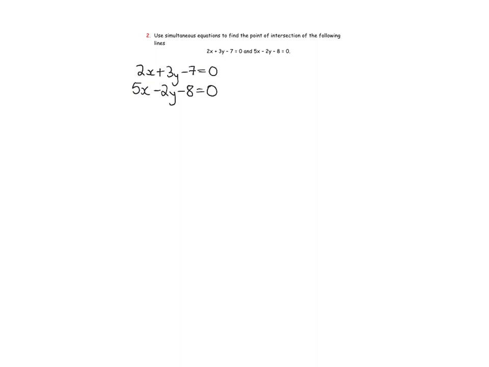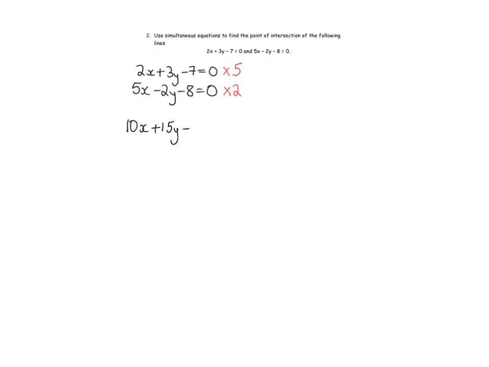Now, we need to pick the term that we want to eliminate, and I think in this one we're going to pick x. So we need the same number in front of x. The same number we could make 2 and 5 to be would be 10. So to make 2 10, we're going to multiply by 5, and to make 5 10, we're going to multiply by 2. What we'll be left with then is 5 by 2 is 10, 5 by 3 is 15,